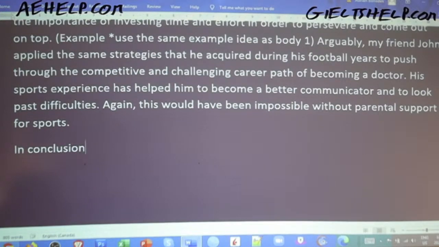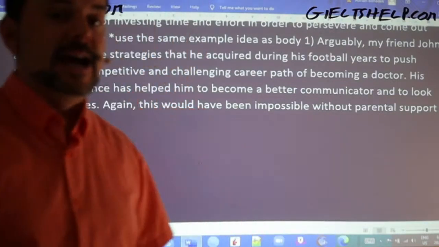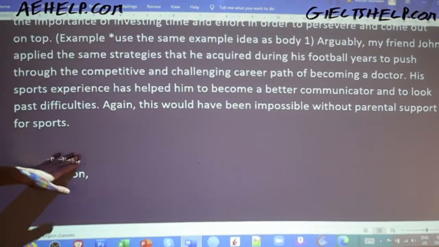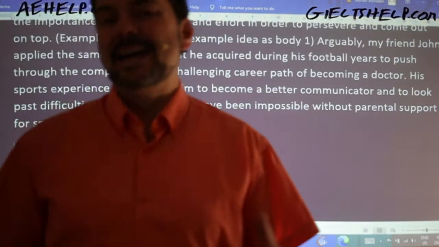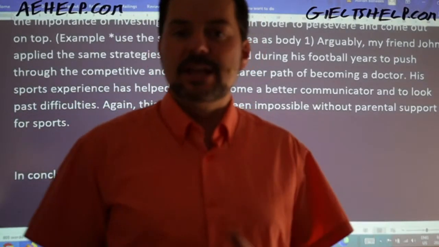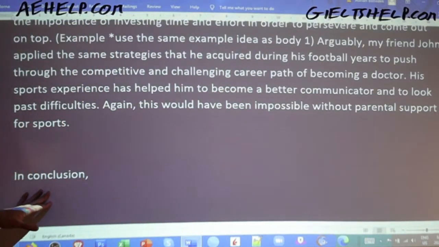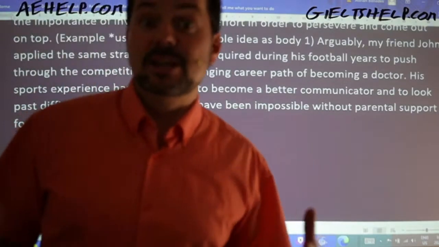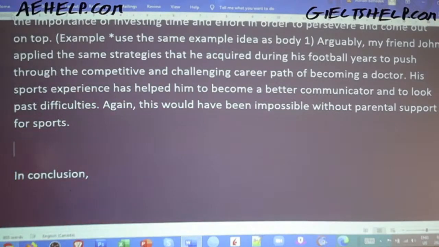Now your concluding paragraph, and so as you get into it, in the IELTS, they really like to see this kind of beginning and conclusion. So that's the only place where I recommend using a template and actually writing these two words in conclusion, okay? It's kind of like in high school. If you go to high school in Canada, you will find that almost every essay starts with in conclusion. And then when you get to university, it's a big surprise for many students that professors are like, stop writing in conclusion. I know it's your conclusion. So they change strategy. But in the IELTS, it's more like high school, write in conclusion, okay?